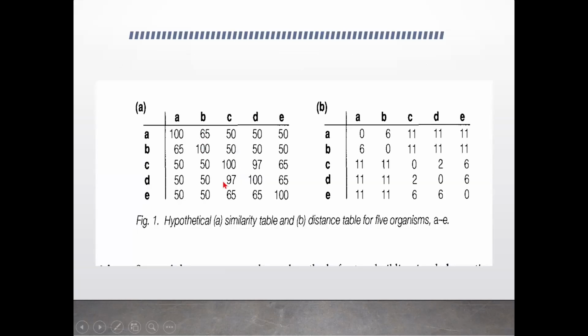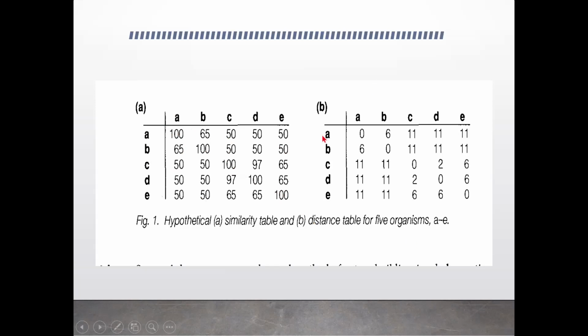Here I was talking about the similarity table and distance table. Here 5 different taxa are compared: A, B, C, D, E. When you take the percentage of matches, A and A are both identical, so they are 100% similar. Likewise, the values here are all the percentage of matches or percentage of similarity. If you observe the diagonal, you would see the values 100. That means the diagonal values are 100% because A with A, B with B, C with C, and it goes on like that.